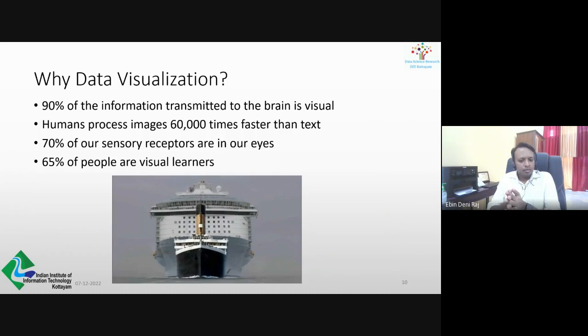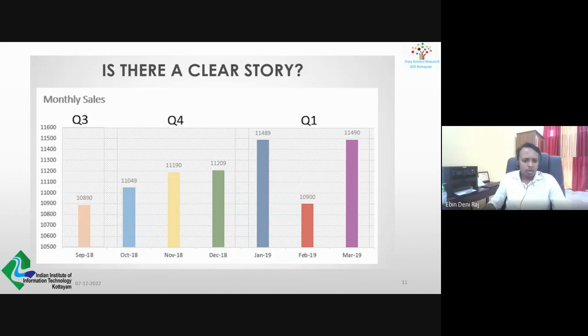So one of the best things about data visualization is that it is accessible and easier to share, be it with your colleague or your client, or in any aspect where it is going to work better, right? So the picture shown on the slide is also a data visualization, which is superimposing the Titanic over one of the relatively new cruise ships to demonstrate that the new ship is almost 5 times bigger. So we'll take a few examples before I talk more about this.